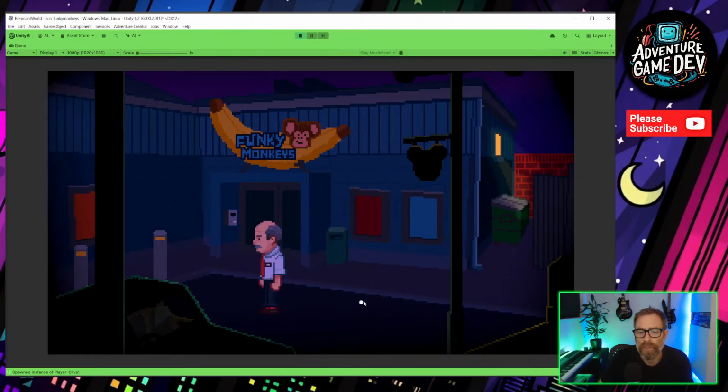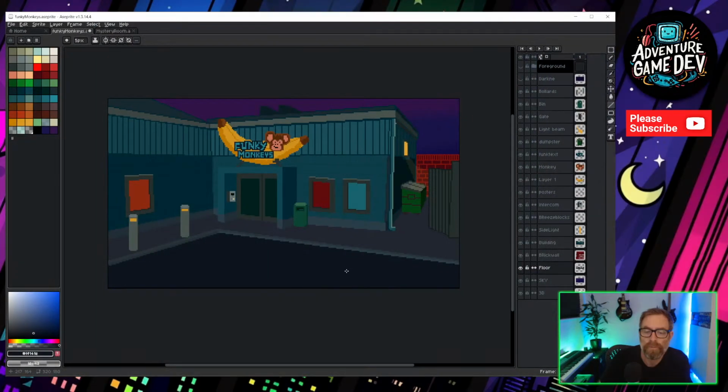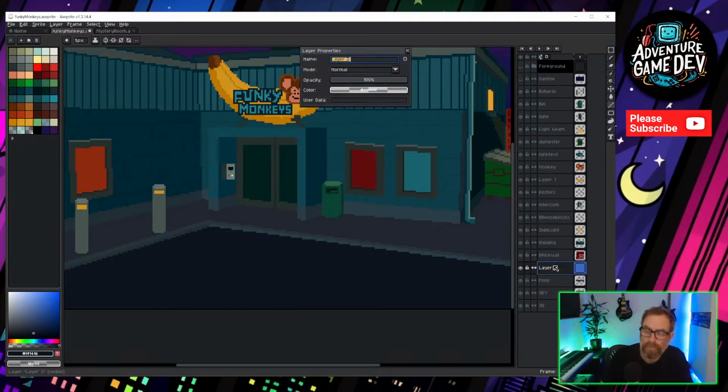Might even end up putting in a drain, a couple of double yellow lines or something like that. I suppose in the UK you get double yellow lines, but perhaps not in the US. It'd be something else to stop you parking at the front of a building. Let's do that. Just bang in a couple of yellow lines, separate layer.